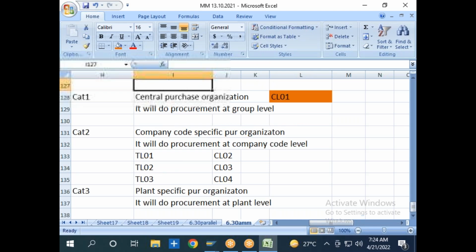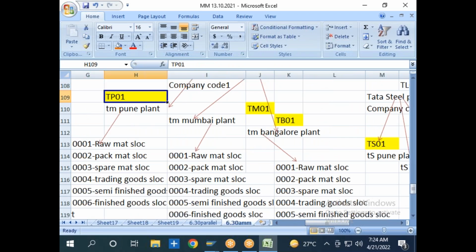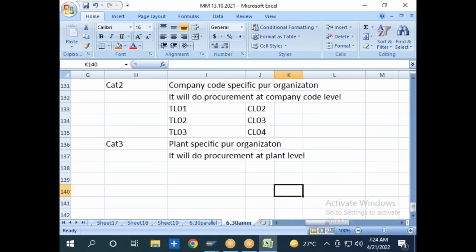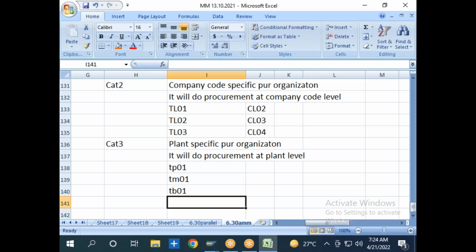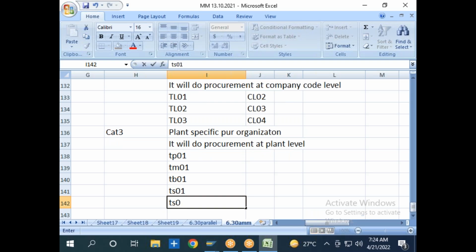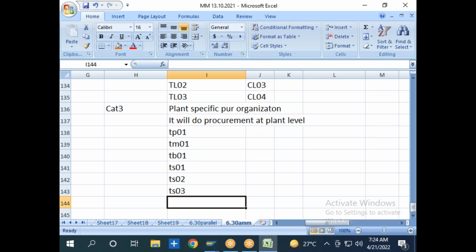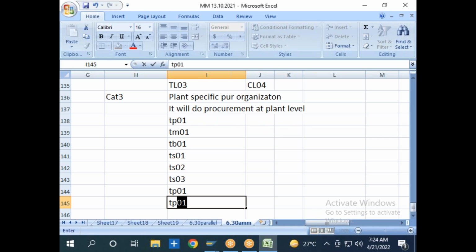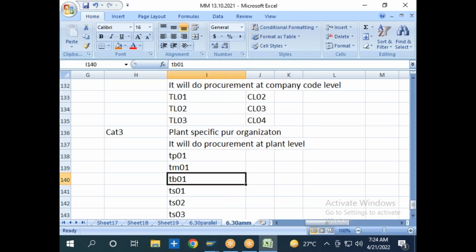So we have 8 plants. Every plant can have their own purchasing department like TP01, TM01 and TB01, right? TP01 is one plant, TM01 is one plant and TB01 is one plant. And TS01 is one plant, TS02 is another plant and TS03 is another plant. Then TP01 and TP02. So every plant can have their own purchasing department like CL05,